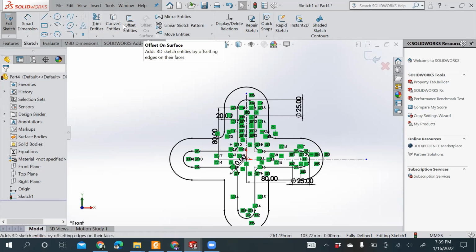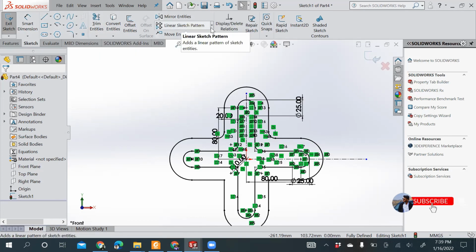These are some of the sketching tools which will help you improve your sketched figure, that is these trim entities, these mirror entities. And these particular things will be coming up in our upcoming videos. Still, while sketching, we don't need to actually go into these particular modules. So for sketching, we are good with this.